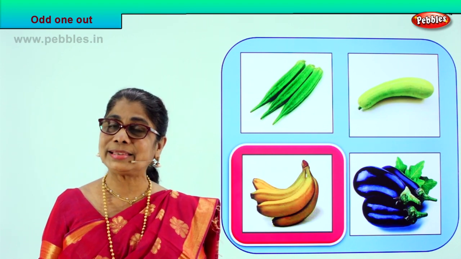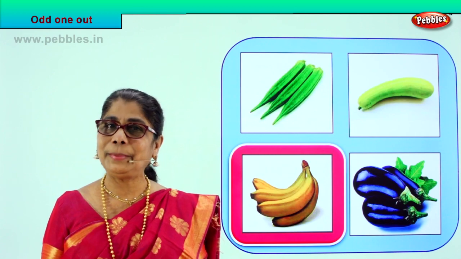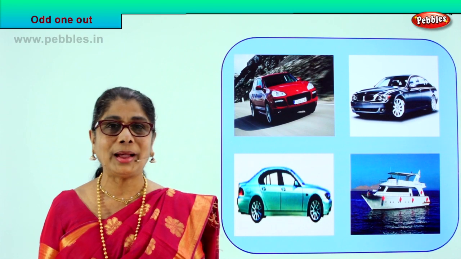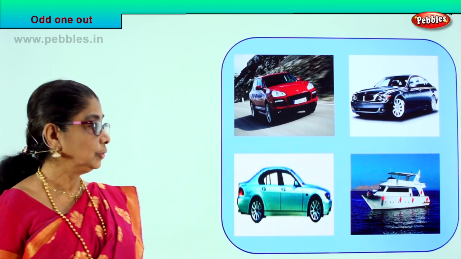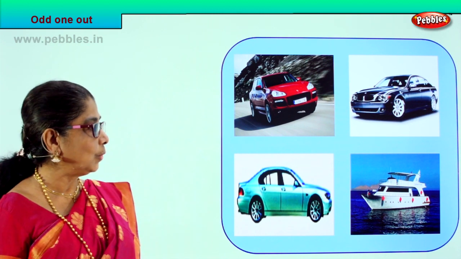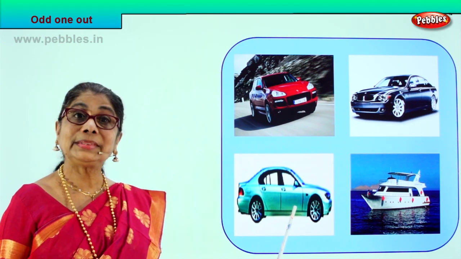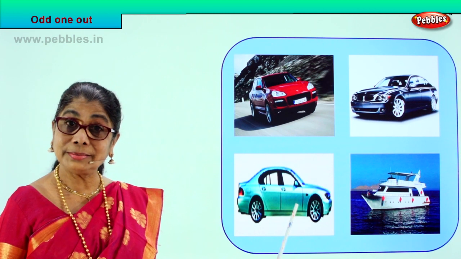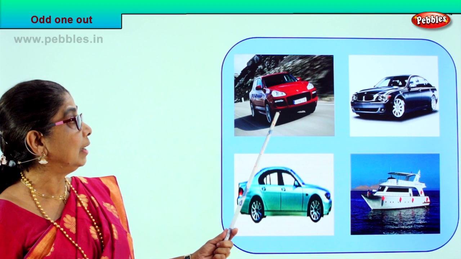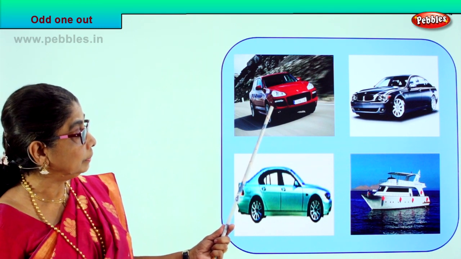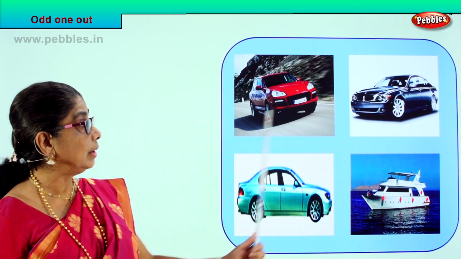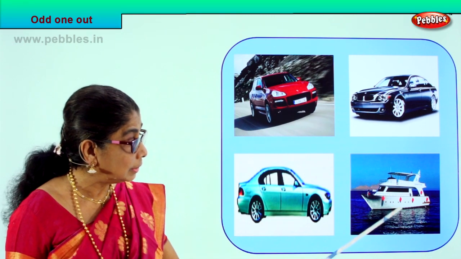Shall we take another exercise? Look at the picture, find the odd one out and see how good you are. Look at the picture. There are a lot of things here. Let's look. What is this? This is a car. Your daddy's car. What is this? It's a big vehicle. It's a bigger car. This is another car. Okay? We have 3 cars here. Very good.